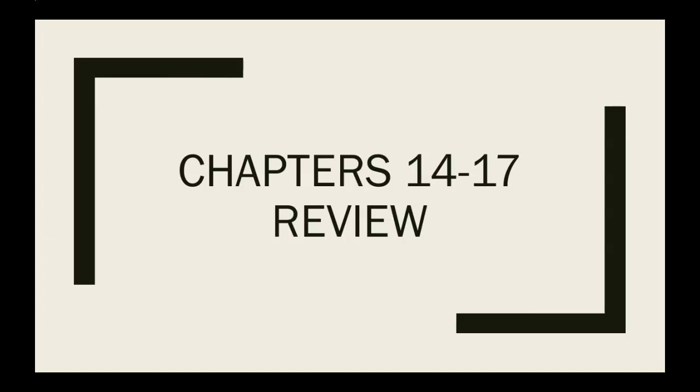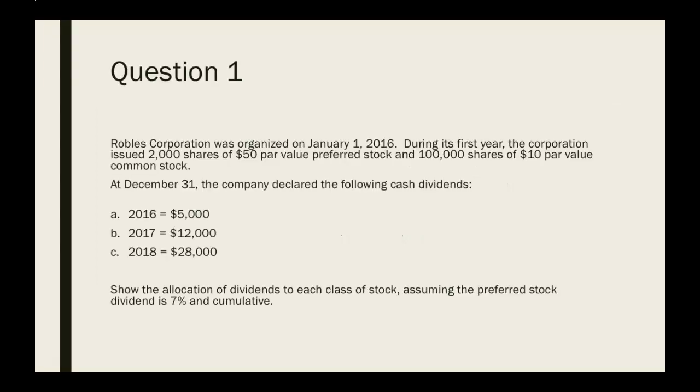So let's get started here on the chapter 14 to 17 review. Our first question says, Robles Corporation was organized on January 1st, 2016. During its first year, the corporation issued 2,000 shares of $50 par value preferred stock and 100,000 shares of $10 par value common stock. Then at December 31st of each of the following years, the company declared the following cash